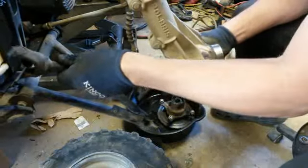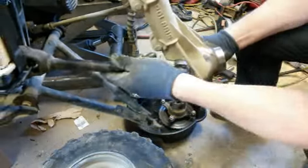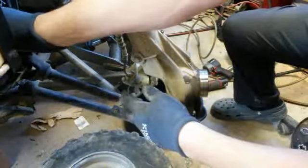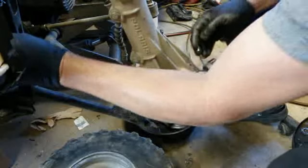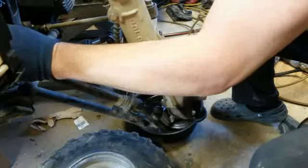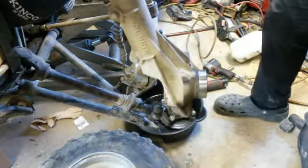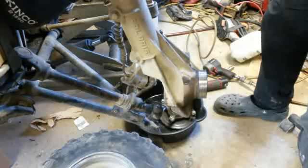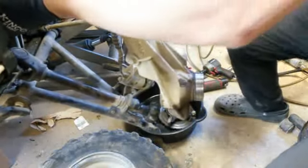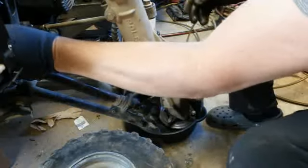Now this is far enough out. I should... Oh, okay, it must not be all the way, so I got to push that pin through farther. I thought I had it all the way through there, but I did not. So let's push. I need something smaller. I thought that had it all the way out, but...